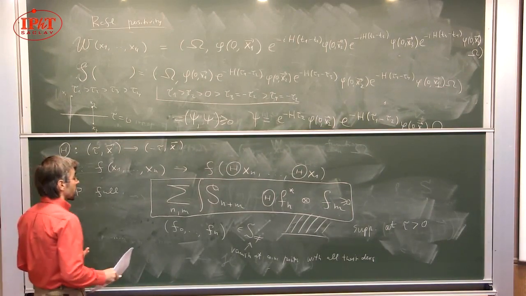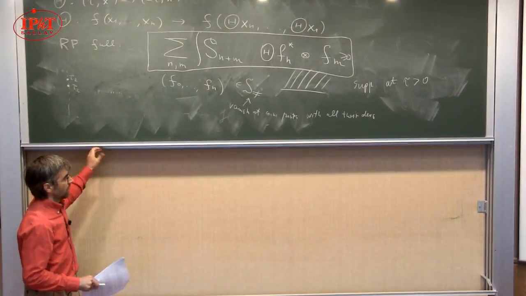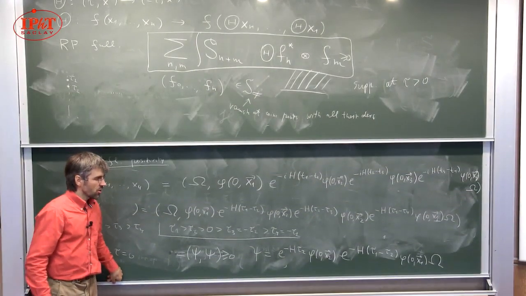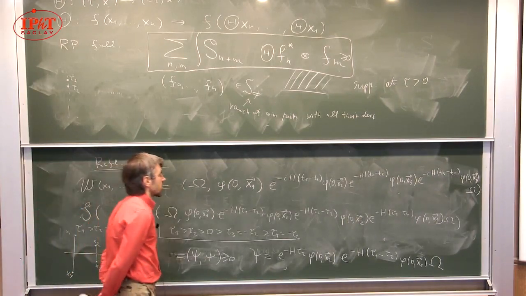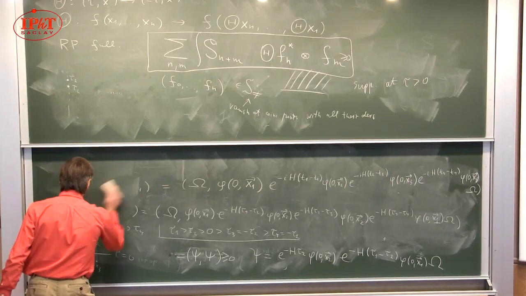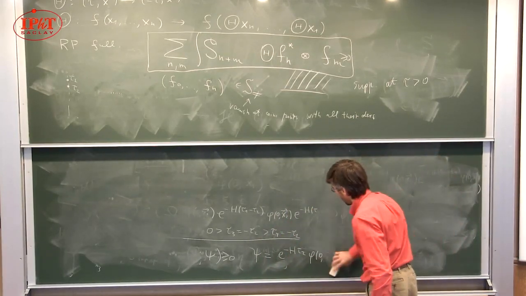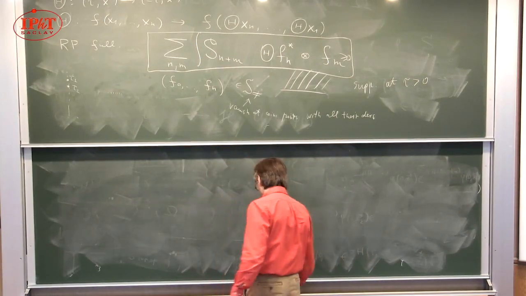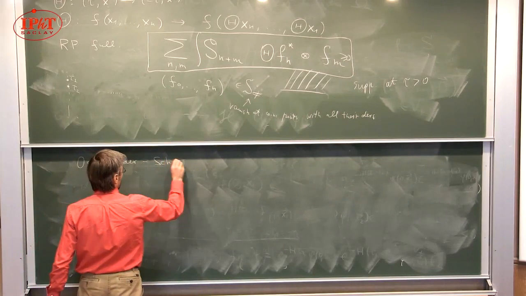What next? Next comes the Osterwalder-Schrader reconstruction theorem. I already mentioned the Wightman reconstruction theorem, which says that if you know Wightman functions and their properties, then you basically know everything you need. So Osterwalder and Schrader wanted to prove something similar about Schwinger functions. They formulated a famous Osterwalder-Schrader reconstruction theorem,